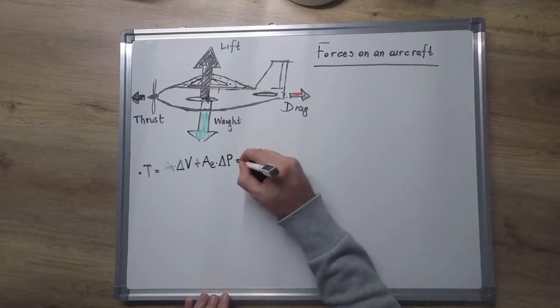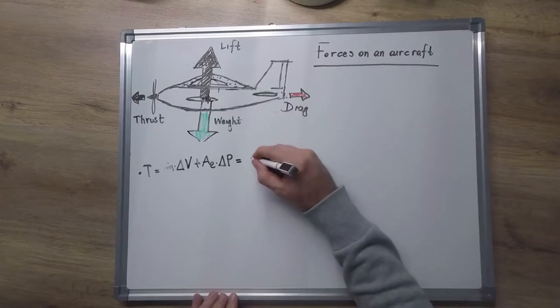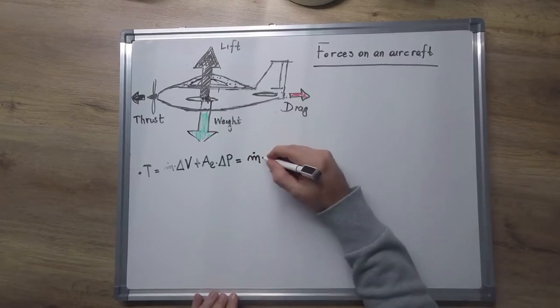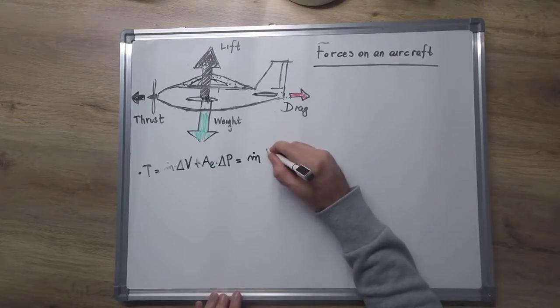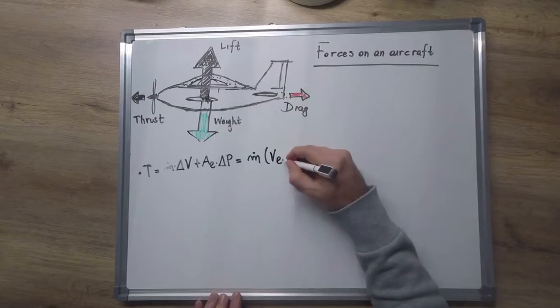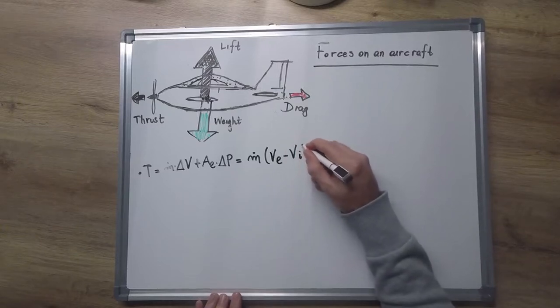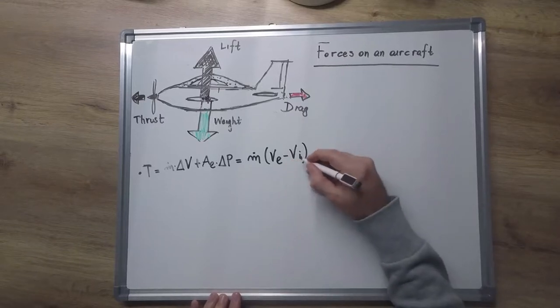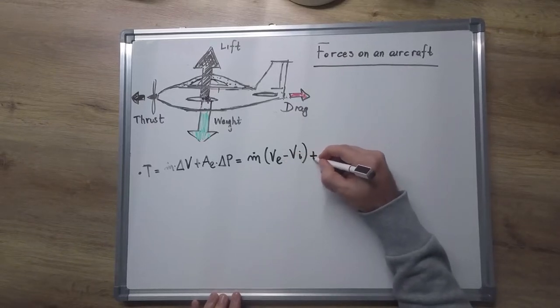So, this is the airflow entering the engine multiplied by the exit velocity minus the inlet velocity, plus